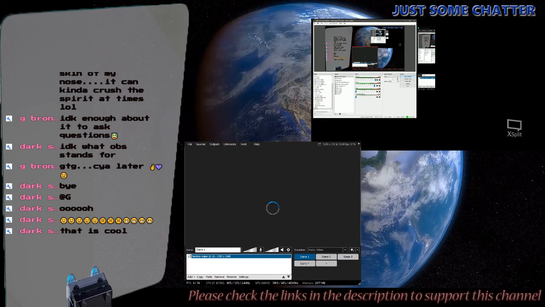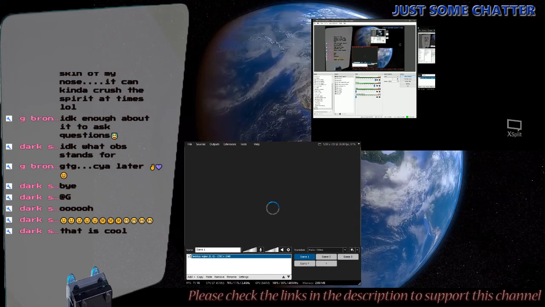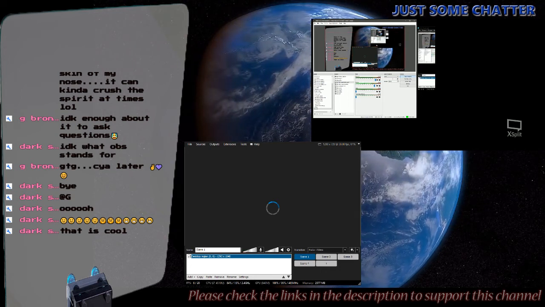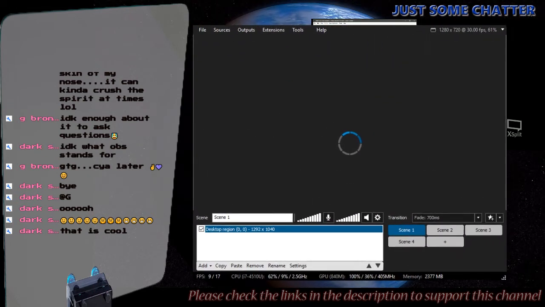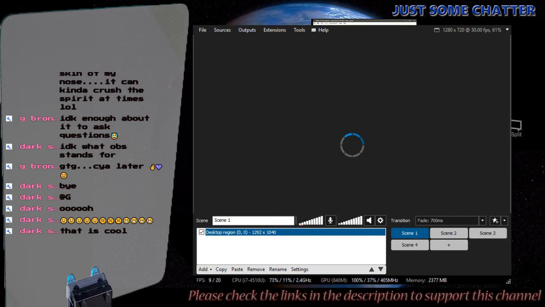So what I need to do to make this make sense is take this and go like that, and then I will take this one and go like that, and I'll move it down and over, and then we'll move it up.